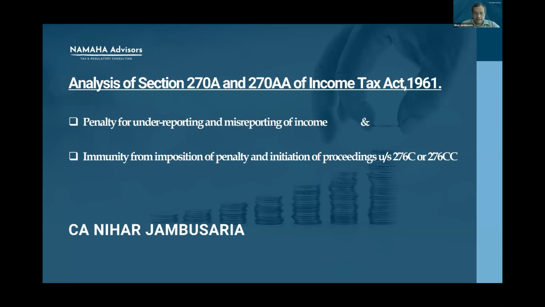prosecution. Now, let us first look at the genesis of this provision. You are all aware that prior to assessment year 2017-18, we had another section dealing with this kind of penalty. And that section is known to all of us, and that is penalty under Section 271(1)(c).